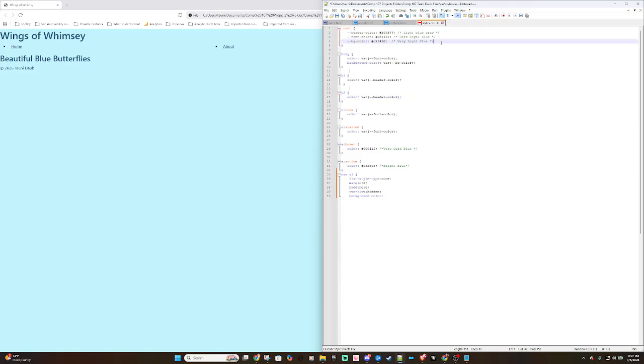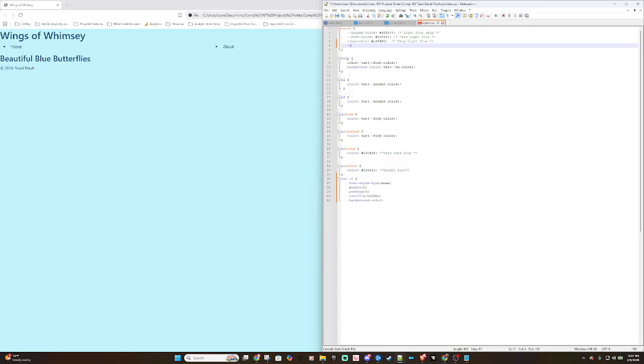I think we didn't need an extra color. I'm going to call it BG light, and I'm going to make it. See, this is not as light of a blue as it could be. So to make a light blue,